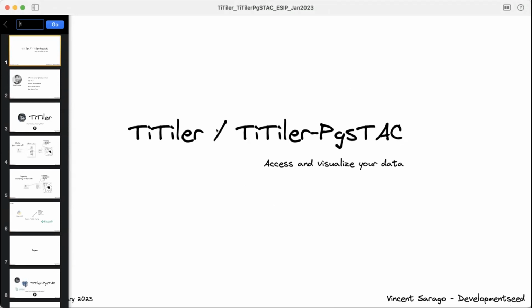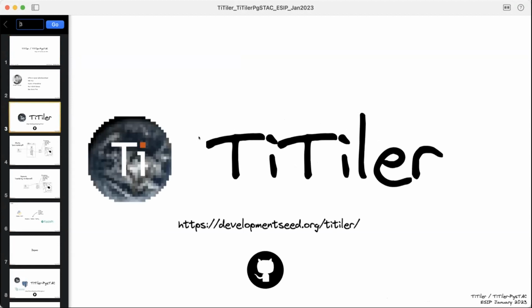what do you do with that? You want to access your data, you want to visualize it, and let other users use it and visualize it, for example. So Ttyra is for that. Ttyra is a suite of Python packages that lets you create web services to interact with your cloud optimized raster data stored somewhere on the cloud. So Ttyra will help you create a tile service, for example, and